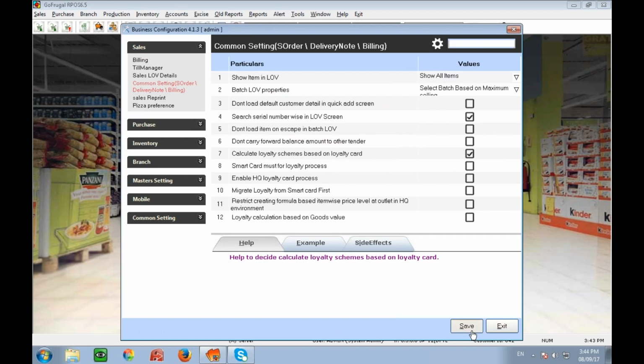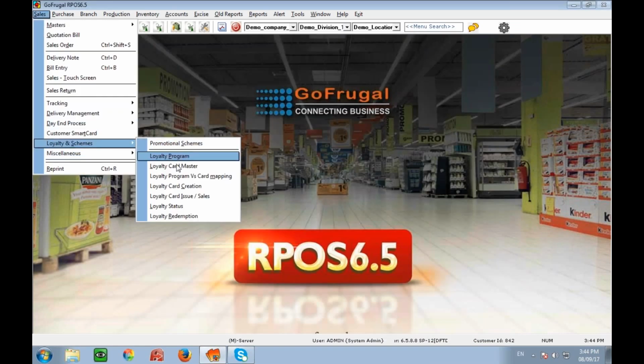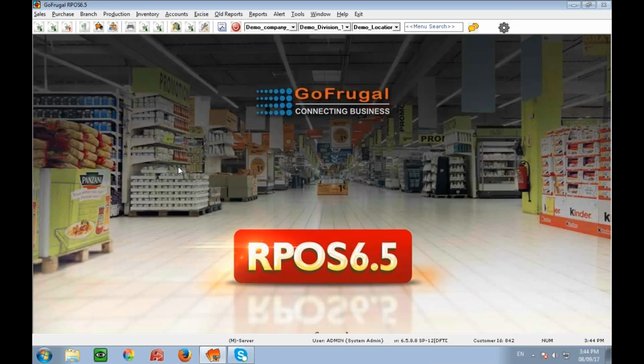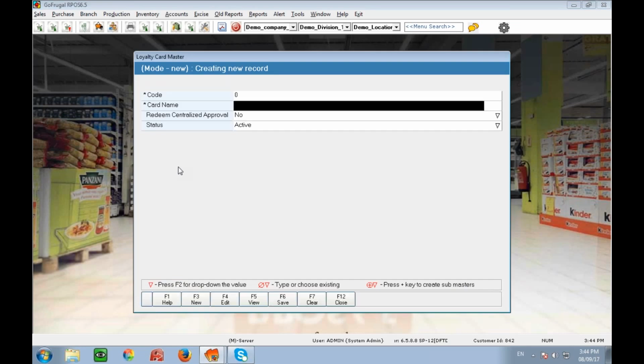Loyalty based on cards: calculate loyalty schemes based on loyalty card is a configuration. So now the first thing is creating the loyalty card. That is under loyalty card master.